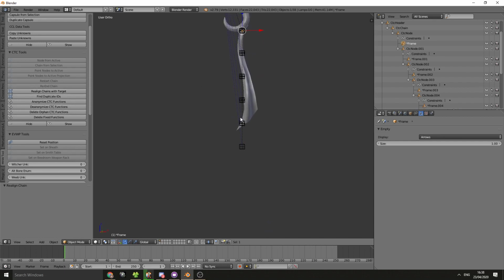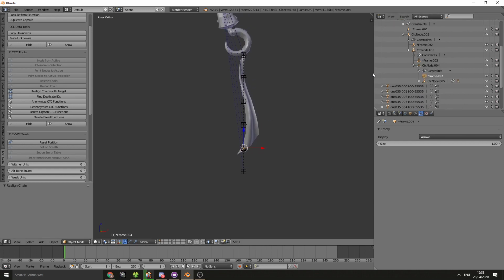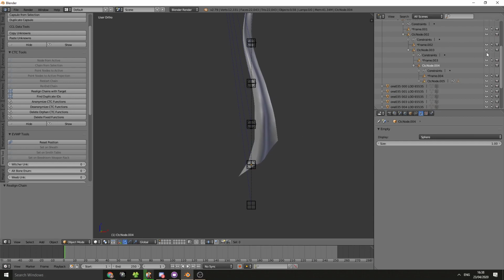So this CTC is a bit shorter than I would need it to be. So what I'm going to do is add a node. I'm going to select this, select hierarchy. Oh, there's one more node, this one here. Okay, this is the one I want to copy, the last one. So I'm just going to copy, paste,